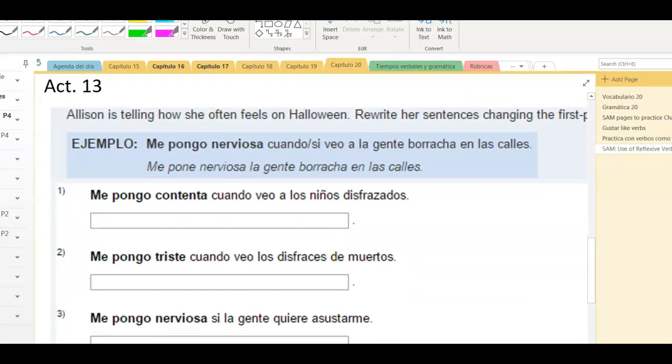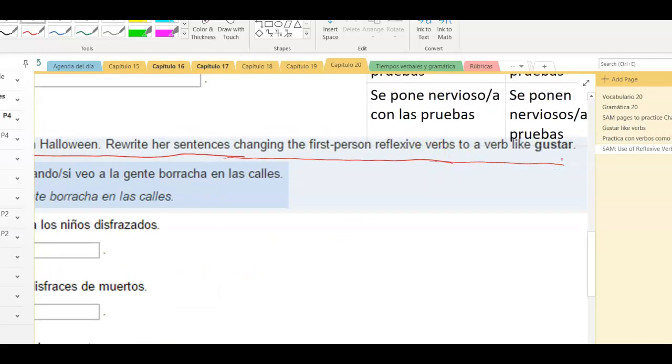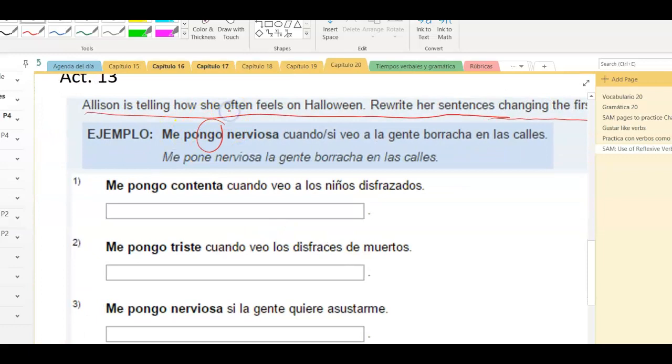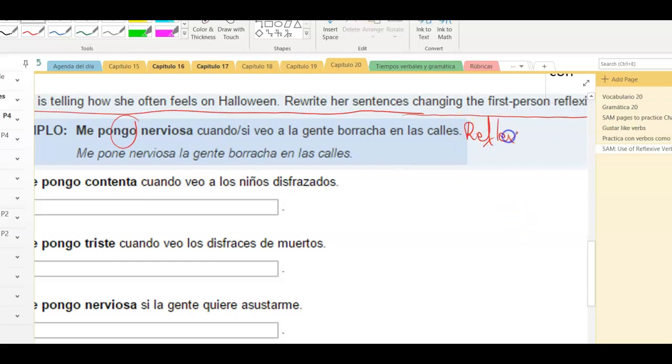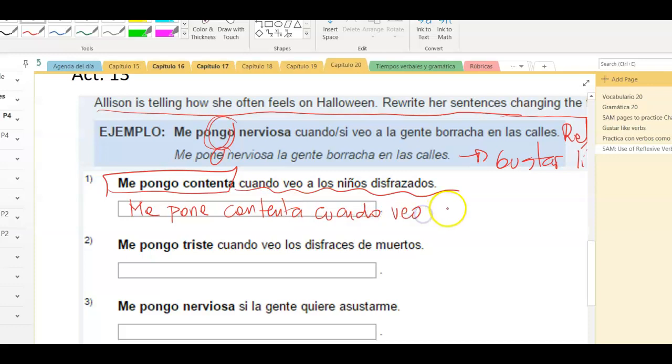And let's see on actividad 13. Allison is telling how she often feels. We write the sentences now in the first person of the reflexive verbs. It's switching. So now we have the reflexive in the question, and we need to change it into gustar-like. Me pongo versus me pone. Okay. Me pongo contenta cuando veo a los niños disfrazados. Let's change it into gustar-like. Me pone contenta cuando veo a los niños...